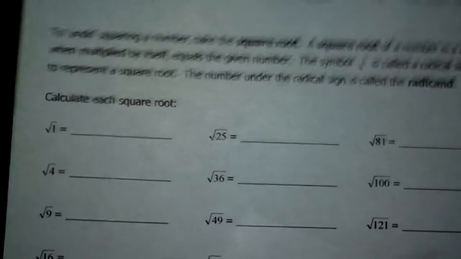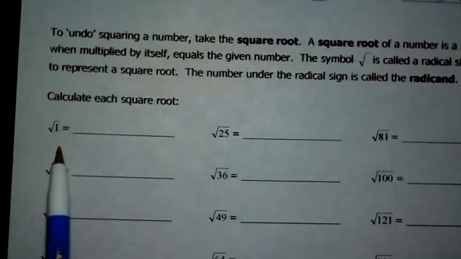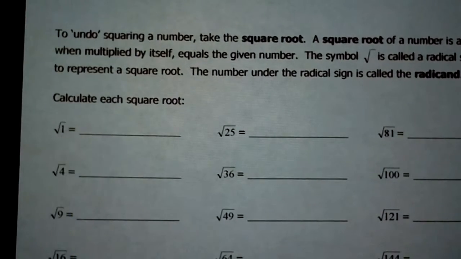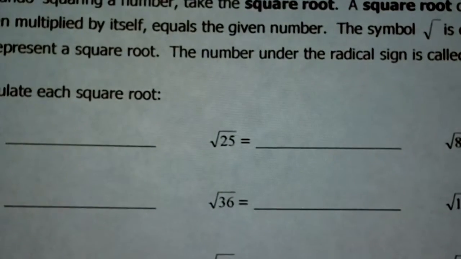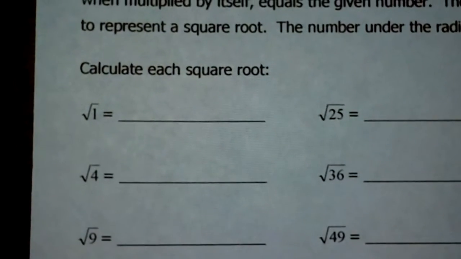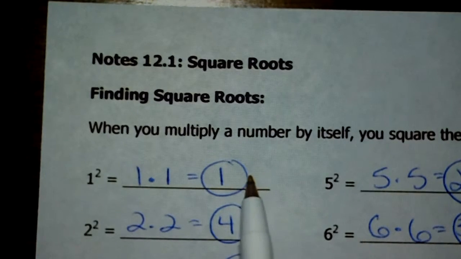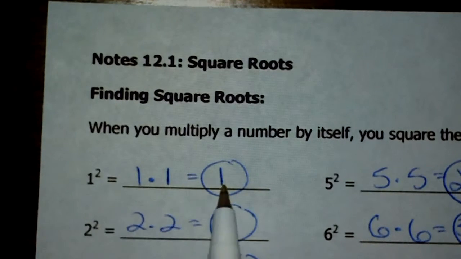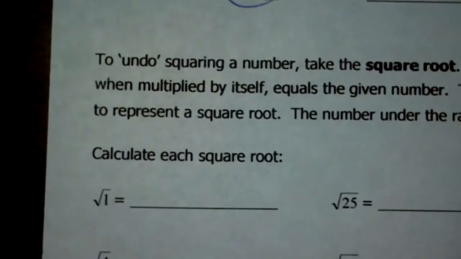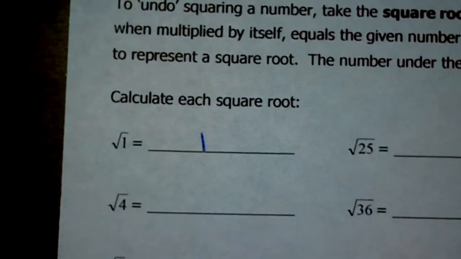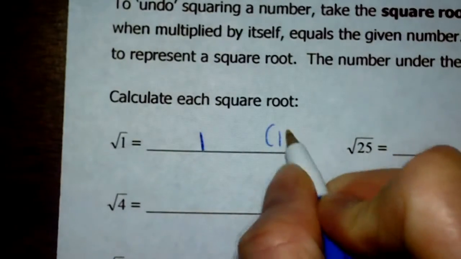So basically, this represents finding the square root of 1. So I want to know what number multiplied by itself will give me 1. And this is where that little list that we have up top will help us. So for example, if I know up here that 1 times 1 is 1, that means the square root of 1 is 1 because 1 squared is 1. This will make more sense in a little bit. So just say 1. And the reason it's 1 is because 1 squared